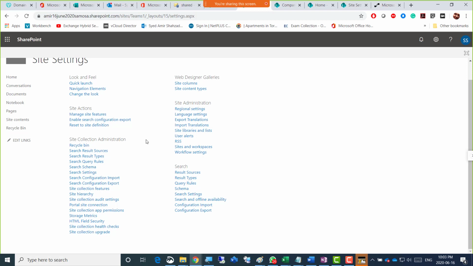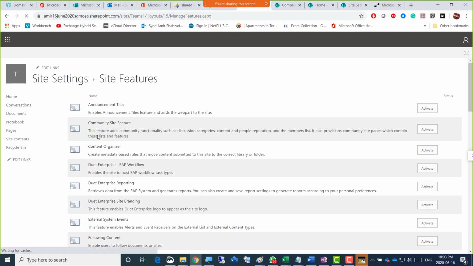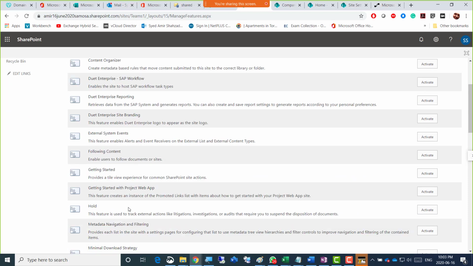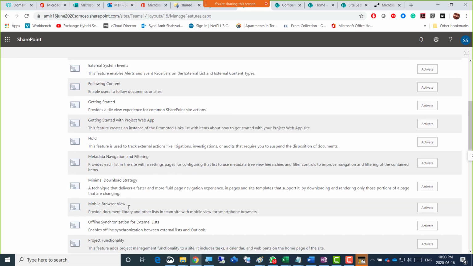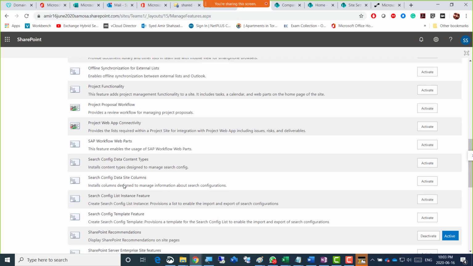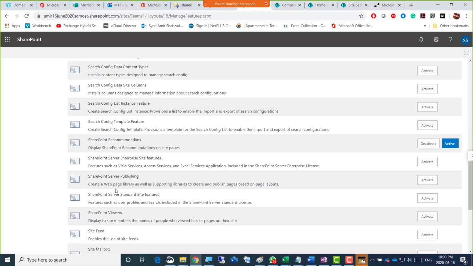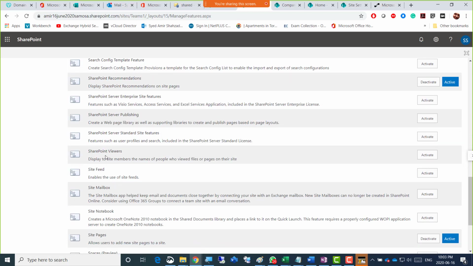Permissions are related to the site itself. If I go to site features here, there was permissions here, it used to be mobile browser, publishing, SharePoint viewers, display to site members the names of people who view.